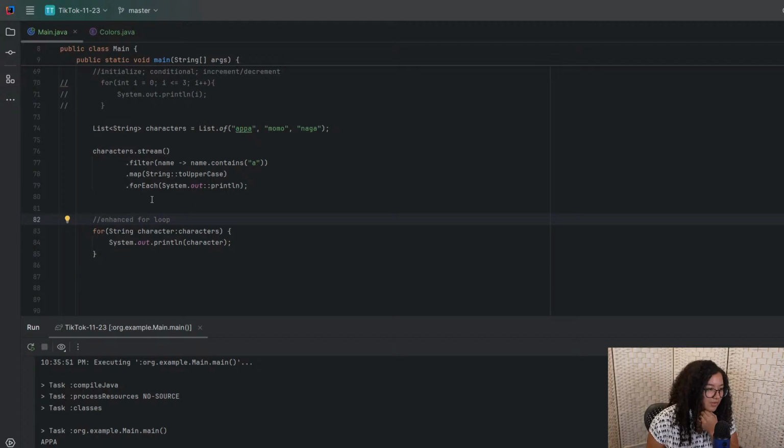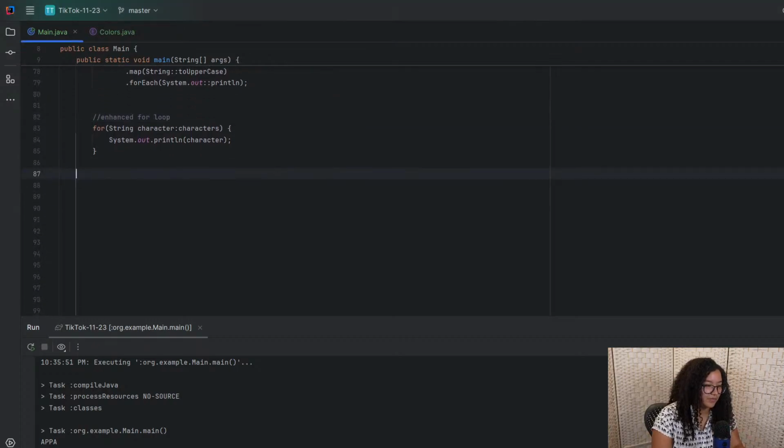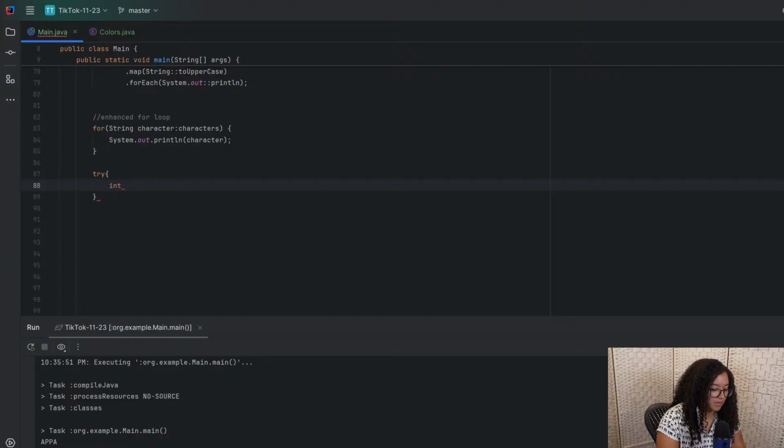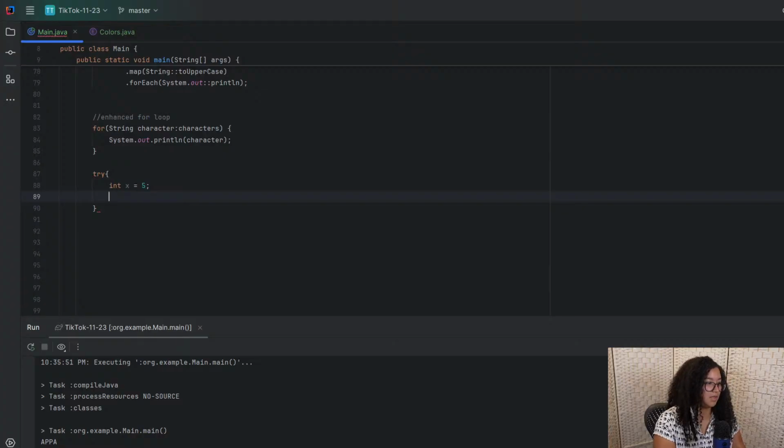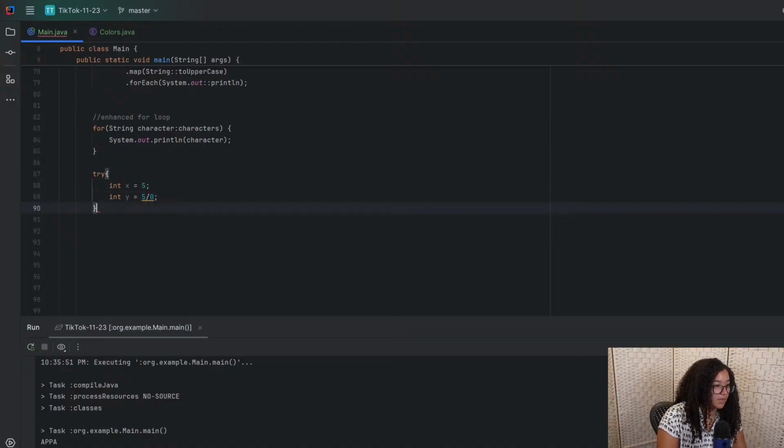Dividing by 0. Okay, let's see. So we could do try, and then we could say int x equals 5. It's gonna tell me in the IDE that I can't do that though. And then we could say int y equals 5 divided by 0. And then we would do